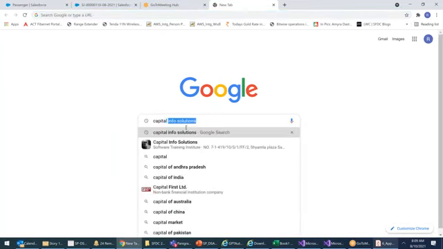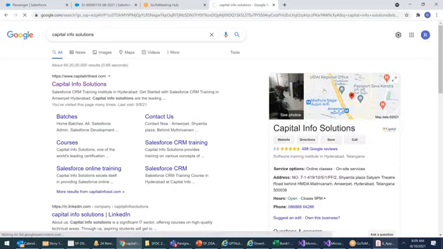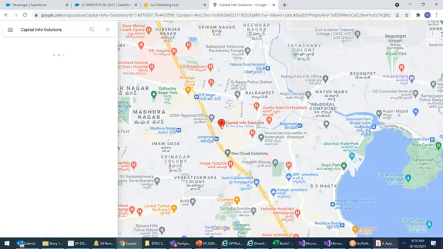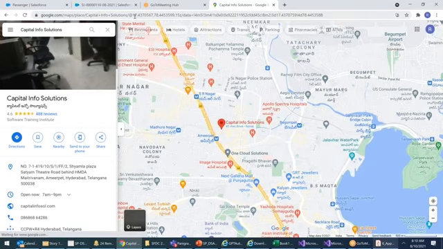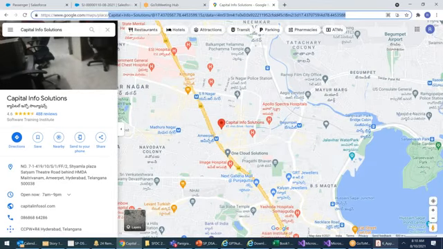Capital Info Solution. I want to see in the Google map where it is. I click on map. There we go. The red one shows Capital Info. See that? It's showing longitude, latitude. You can pass like this. Rather than this, I'll say delete